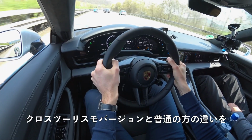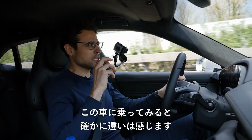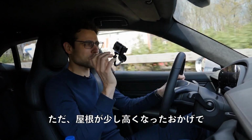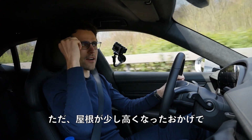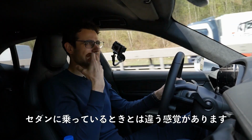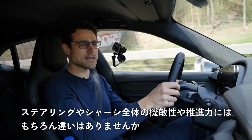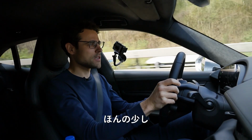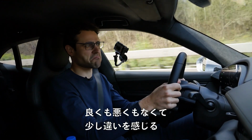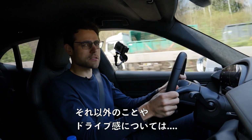Difference here with the Cross Turismo version, when Jonas and I talked about this, you do have a different feeling in this vehicle, indeed. It's not that it would be a different vehicle, but I'm not sure if it's just that you feel there's a little bit more air behind you, that the roof is a little bit higher. Maybe it's acoustic or something, but you somehow have a different feeling than when being in a sedan. But steering-wise and chassis-wise, agility and acceleration, of course, no difference. Just a little bit more room behind you. And that's not better or worse, it's just a little bit different. But that's about it. Everything else in driving is just like...